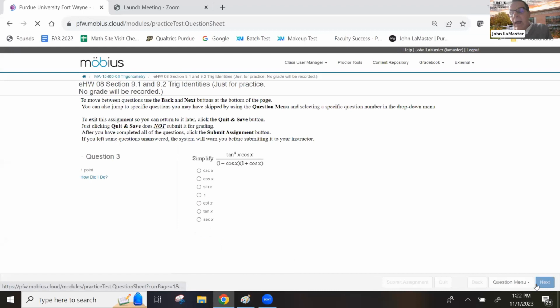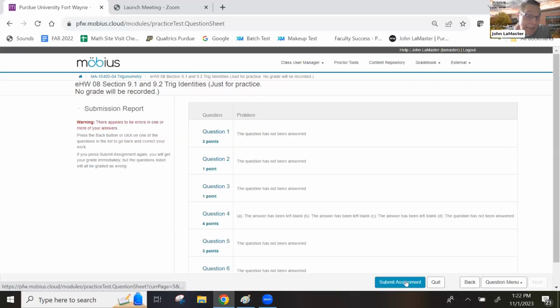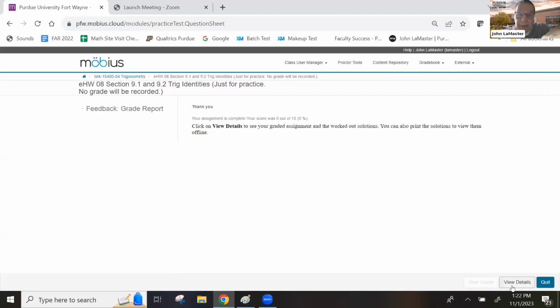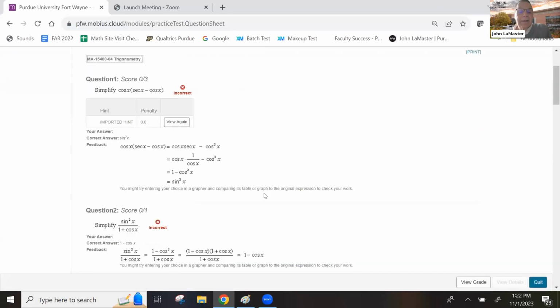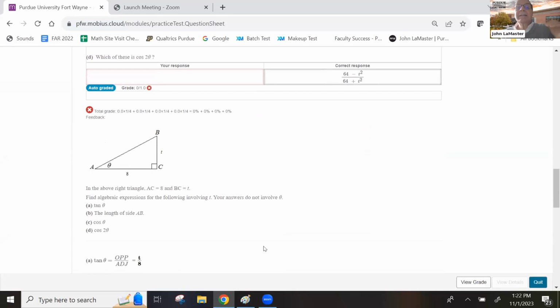And the view details, if I walked through these questions, will actually, after I submit, it nagged me because it said you didn't put anything in it. But it'll give me all these worked out examples. So what's lovely about Möbius is it enables me to get